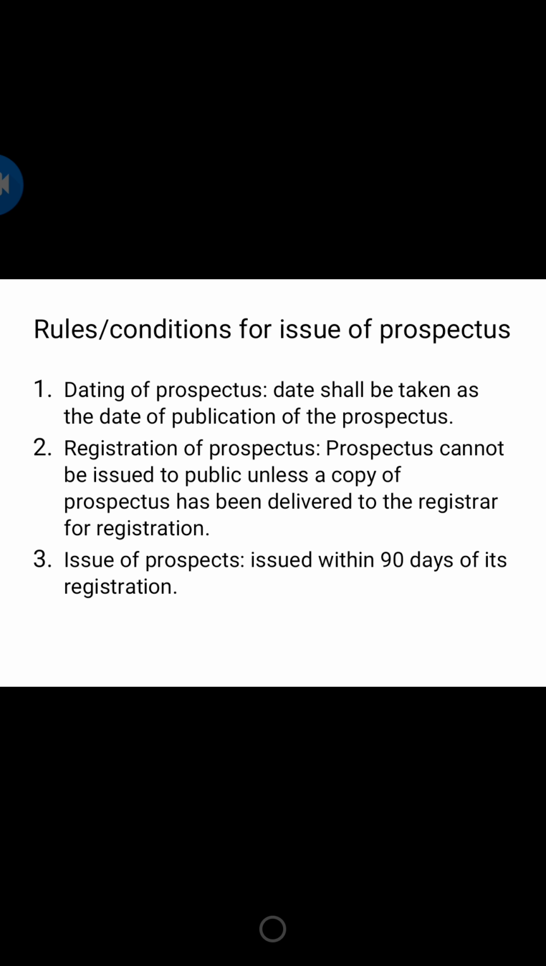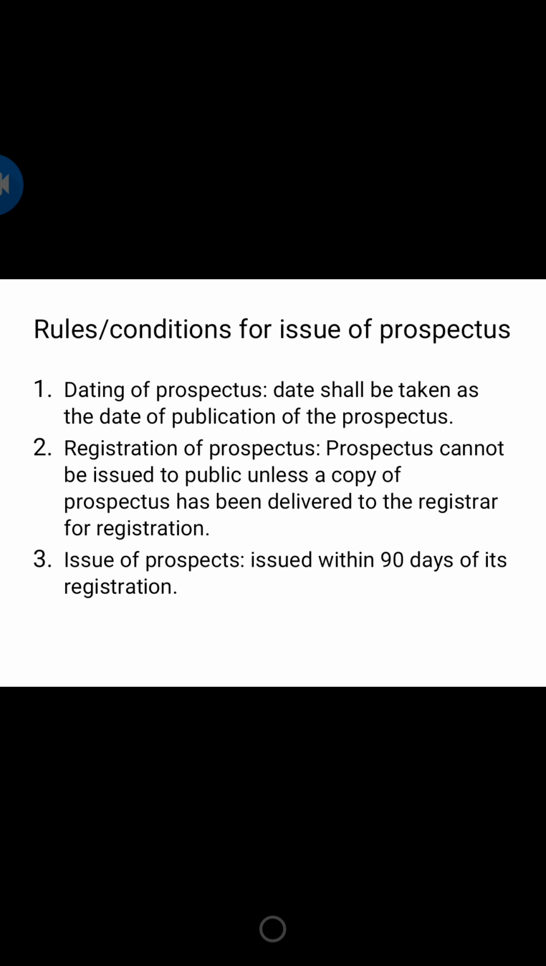A copy of every material contract, unless entered into in the ordinary course of business or two years before the date of the issue of the prospectus, should be filed. Every person making any report required by Part 1 of Schedule 2 should also file it. These are the documents you have to file along with the prospectus. The third point says the issue of the prospectus should be done within 90 days